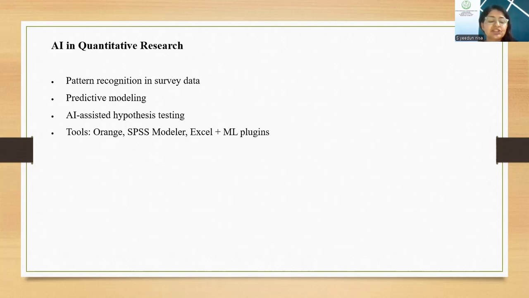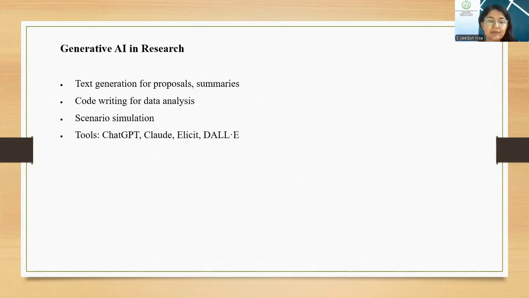Quantitative researchers can benefit from artificial intelligence by using machine learning to test multiple hypotheses at scale or to segment populations based on their behavior. For example, clustering techniques might uncover hidden subgroups in voter behavior. These insights go beyond what traditional statistics can often reveal. So these things help in both qualitative as well as quantitative research.